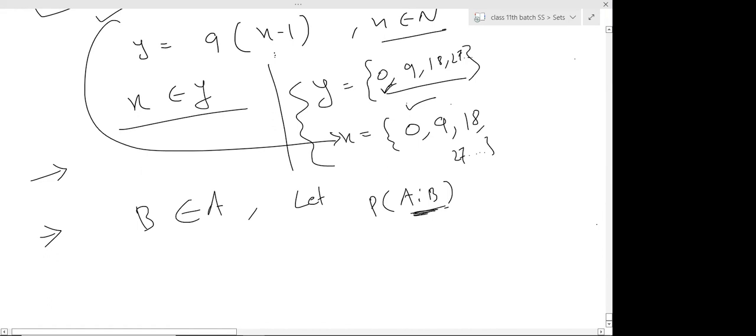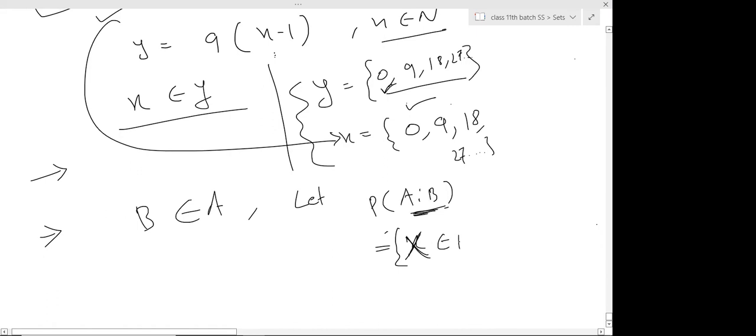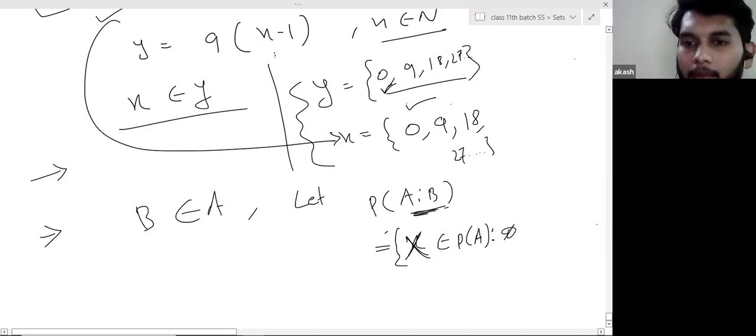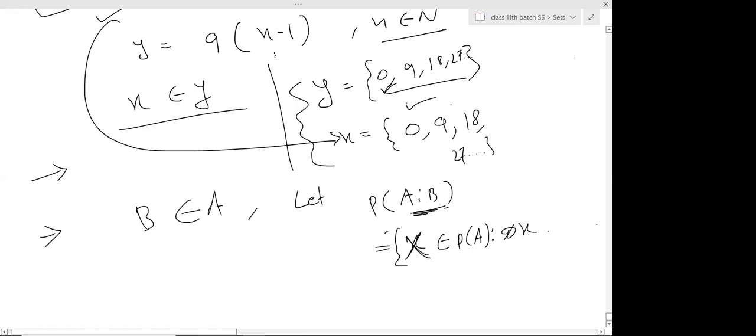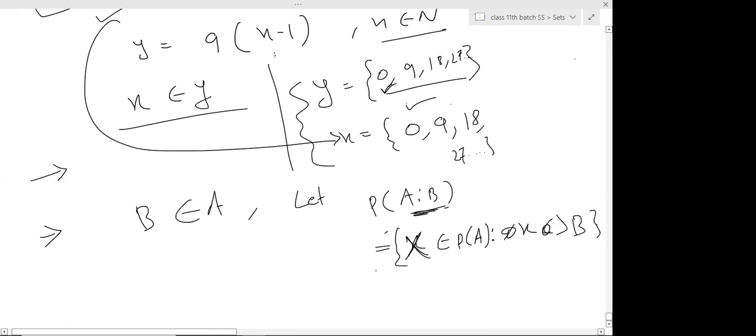Is equal to X, in bracket, and X is capital X, belonging to power set of A colon X is a superset of B. This is the question. Then we have to show that power set of A and